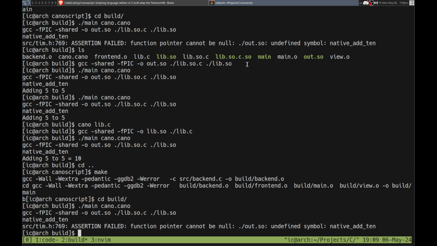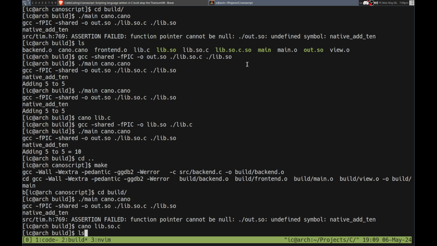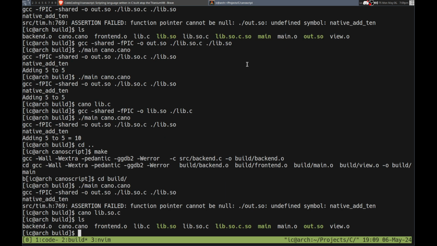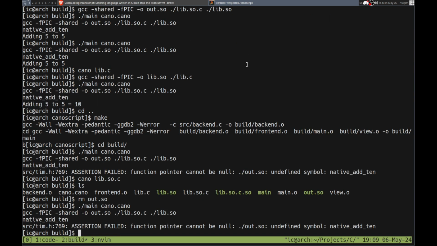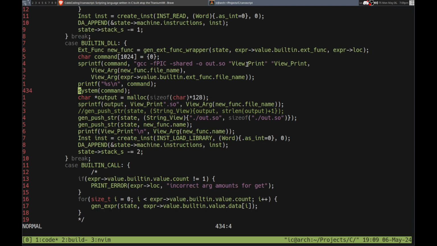I don't get it. Right, we have this whole thing. What? Right, it's the same command being executed, so